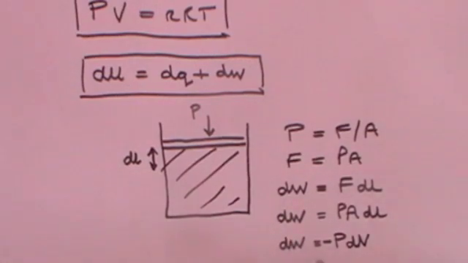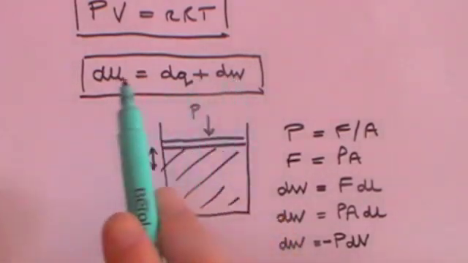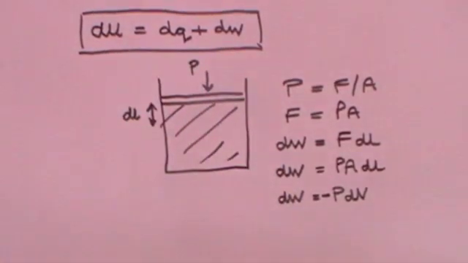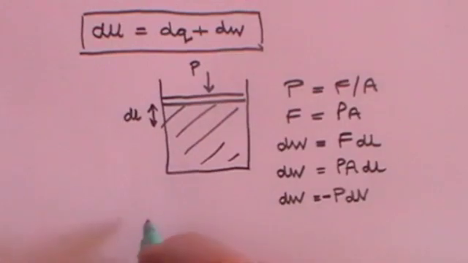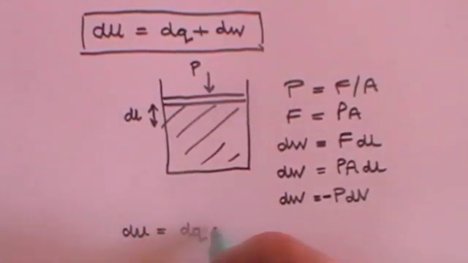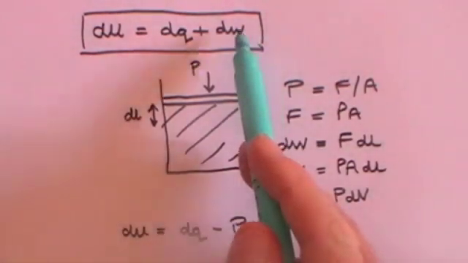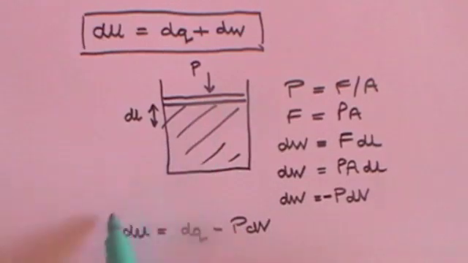Now, if dW equals minus PdV, then we can rewrite the first law of thermodynamics like this. We can say that dU is equal to dQ minus PdV, because minus PdV is the same as dW. And that's another formula that we will need